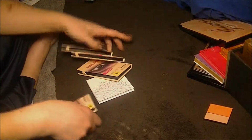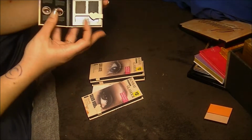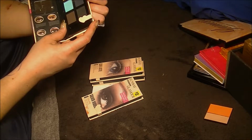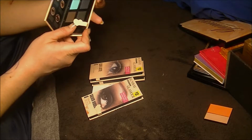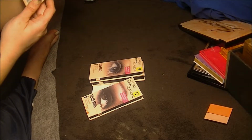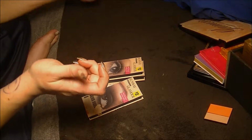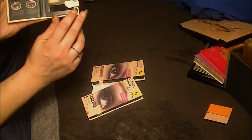Okay, moving on to my little palettes. This is Runway Glamour Blue Magic. I've used the silver in here and the deep blue, but I have not used the light blue or any of the other colors, really. It's really pretty. It's by Profusion, and I love Profusion shadows. It's got a 2-year life on it, so I'm going to keep it because I really do like the colors in there. And then I've got this one in Cafe